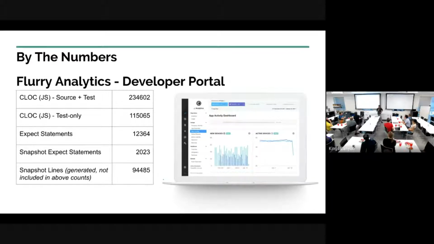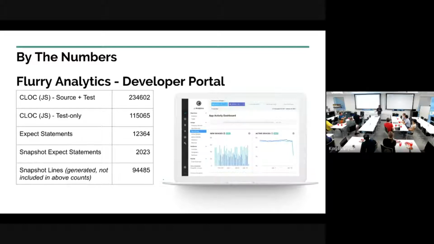Moving down to the expect statements and the snapshots, we have about 12,000 spec statements or assertions, and of those, 2,000 or so are now snapshots. When we generate the snapshots, it generates about 94,000 lines